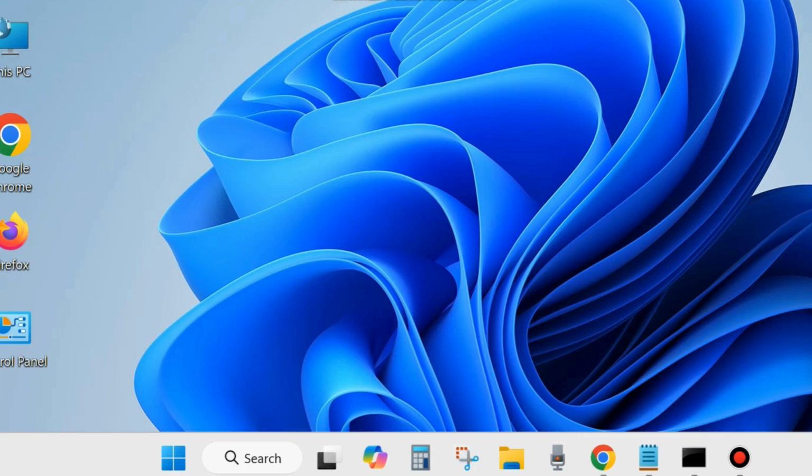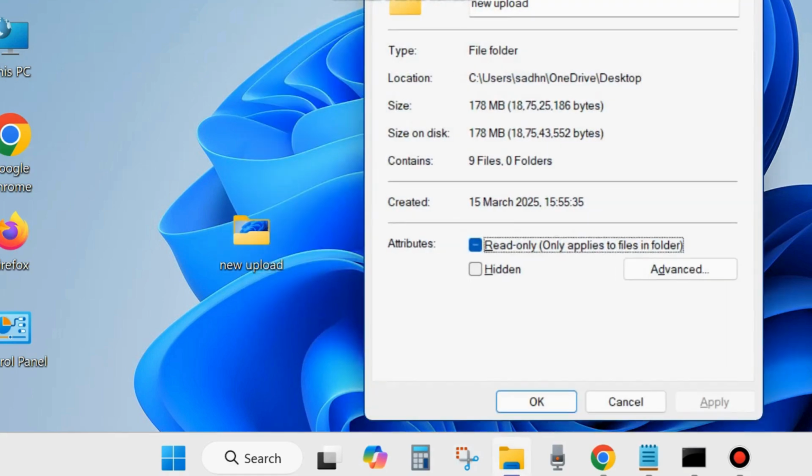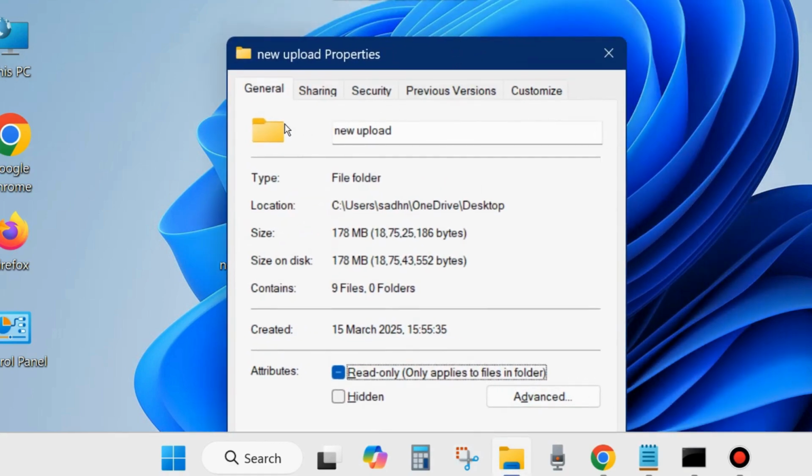The next one is, go to the problematic folder and right click on it and choose properties, and here from the top menu bar go to sharing